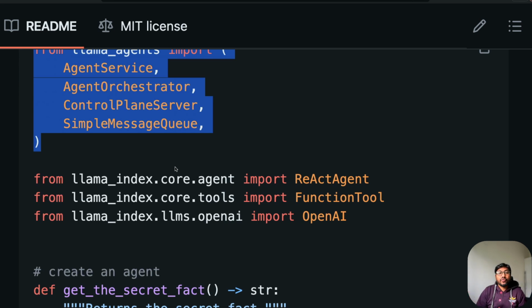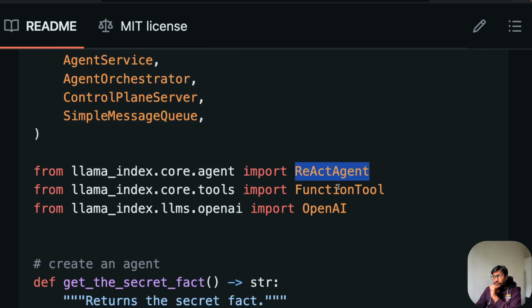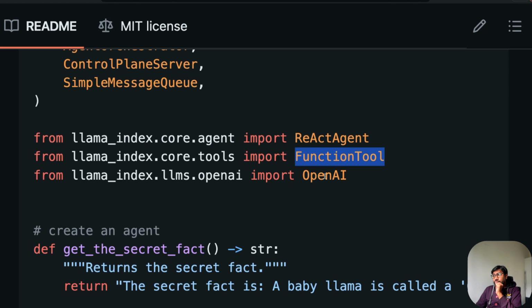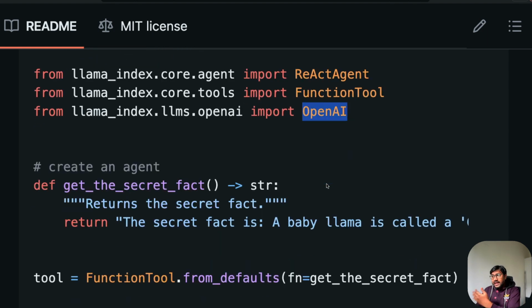But because we have an agent, what do we need? We need some tool, some function, and at its core at least an LLM for you to run the agents. So you have the ReAct agent, a function tool, and OpenAI here as an LLM.